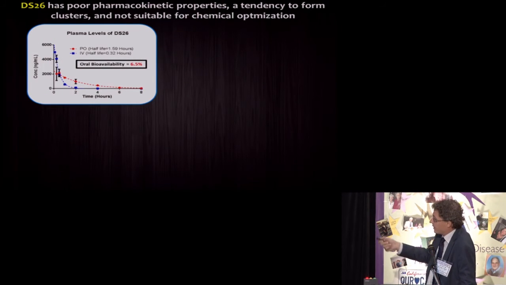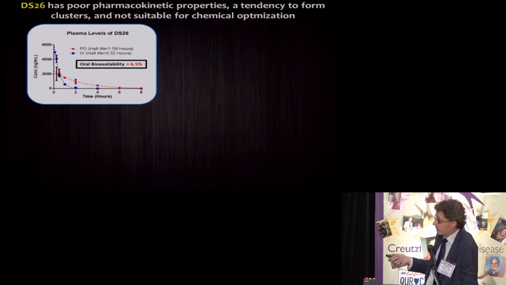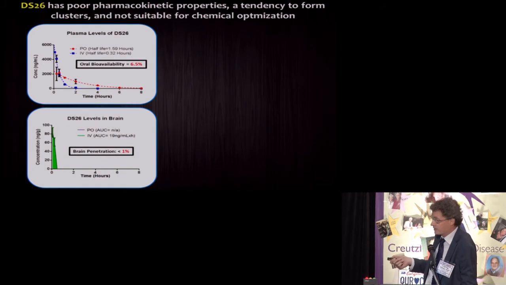And to make a long story short, what we suddenly realized was that the pharmacokinetic properties of the compound were very poor, meaning that the compound was basically not surviving long enough in biological fluids to be really active, including the medium for the cells. That's why we needed so much. The compound was actually not able to penetrate the blood-brain barrier,